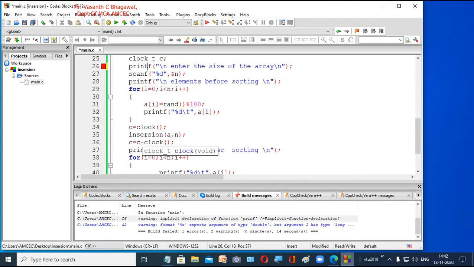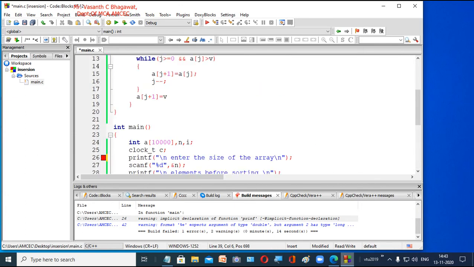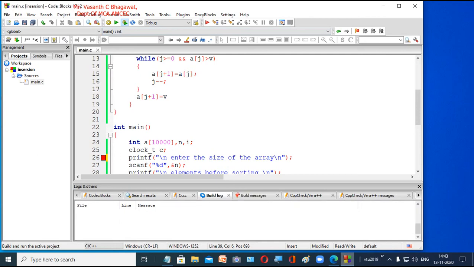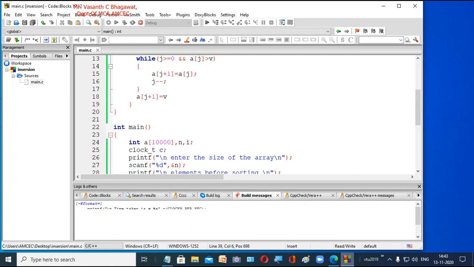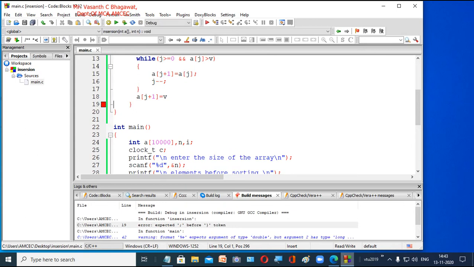Now another error which we have made. Let us compile. There is another error, let me show you what that particular error is. Now again we will compile, and we will get an error. We have made one very simple mistake. These are the general mistakes which you make in the lab session.